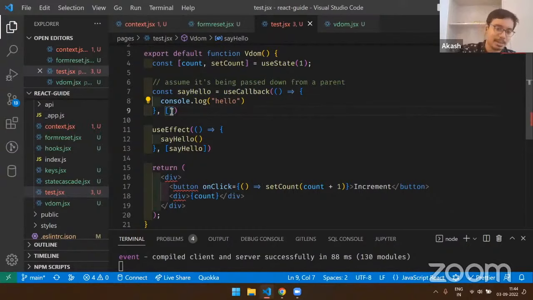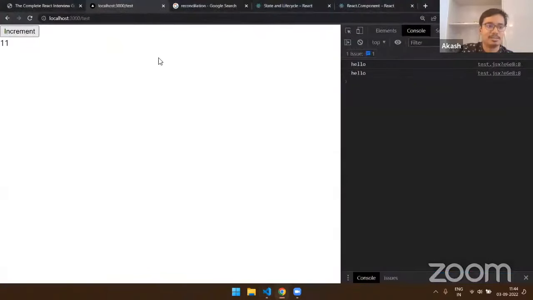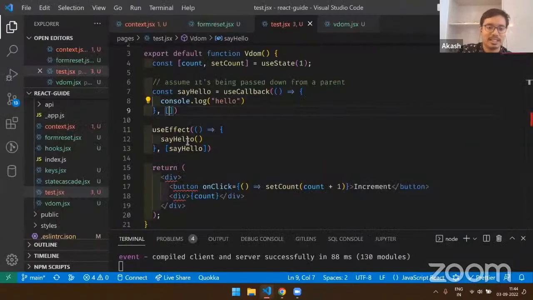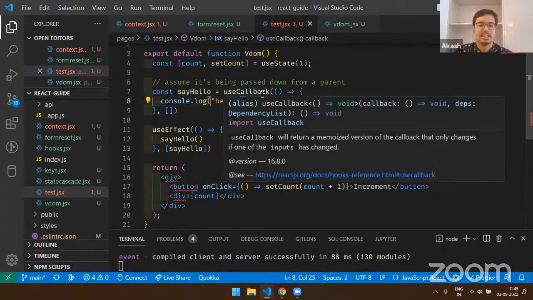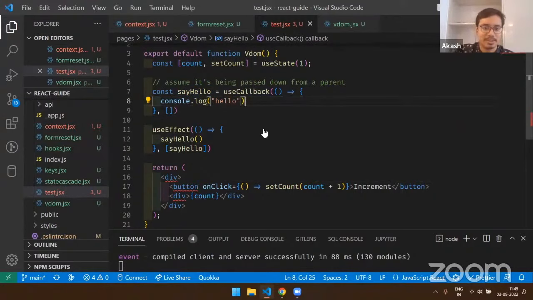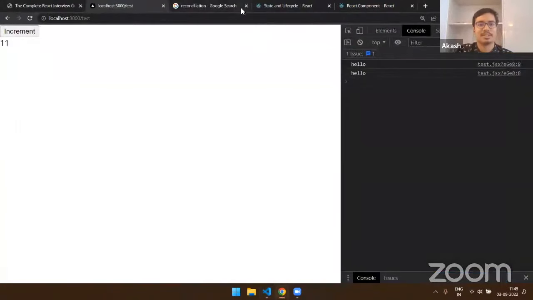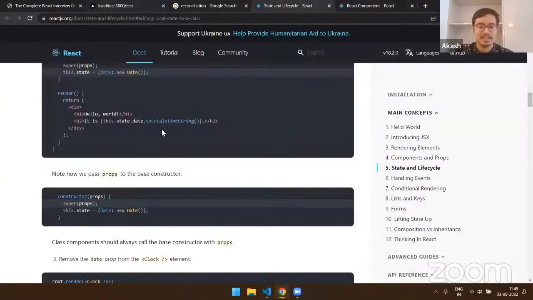Since the dependency parameters never change, it always returns the same function, and hence whenever a new render is being formed, the function isn't being called again and again via this useEffect. So this is how useCallback can be used. You can use it to stabilize the reference to any function throughout your app. And yeah, again, this was a very contrived example, I guess, but I think it's still very interesting to see